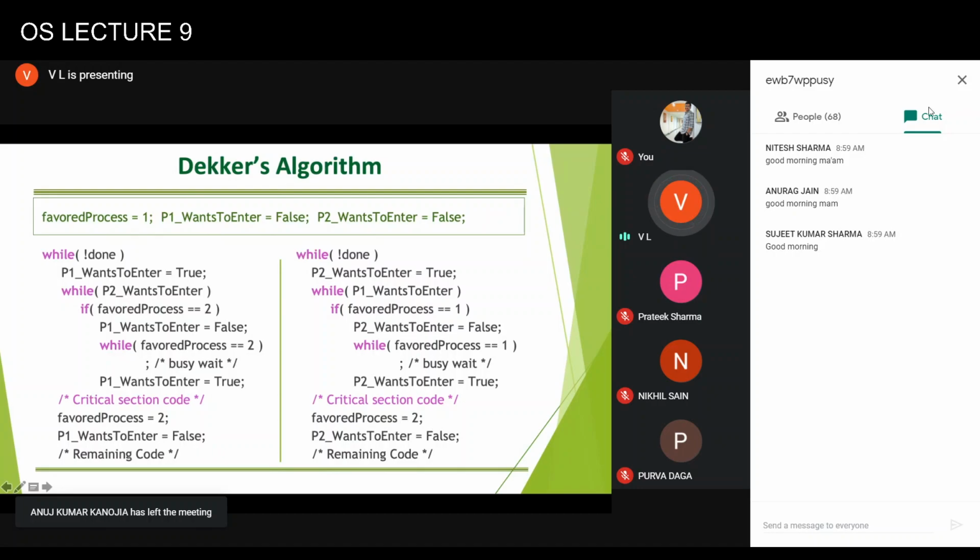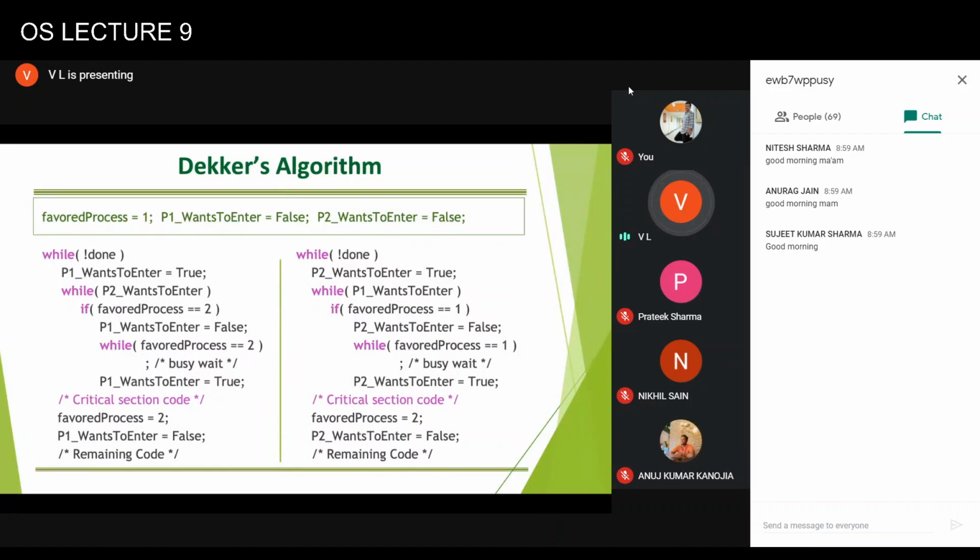So one of the scenarios is that only one of the processes wants to enter, and there's no problem. Then the second while loop is completely skipped and the process will continue to the critical section. But if both the processes want to enter, then favored process will decide which process will continue to the critical section. And because favored process is only being read during this time, only one of the processes wins. Only after this process has executed its critical section, it will change the favored process. So Dekker's algorithm will remain safe and will ensure that only one process will be in the critical section. But as I said, this will work for only 2 processes.